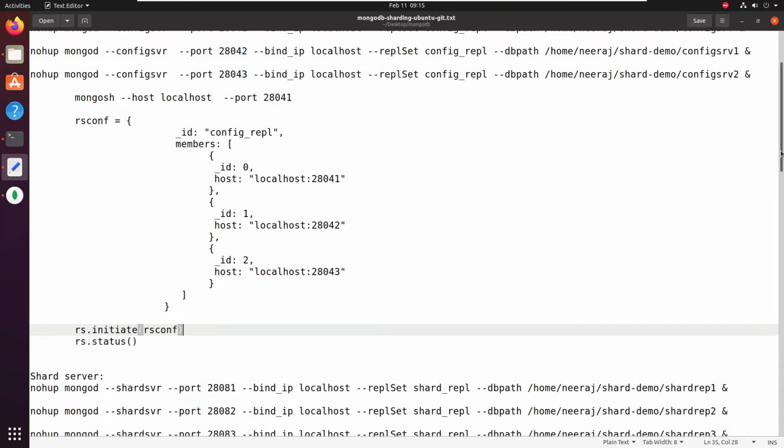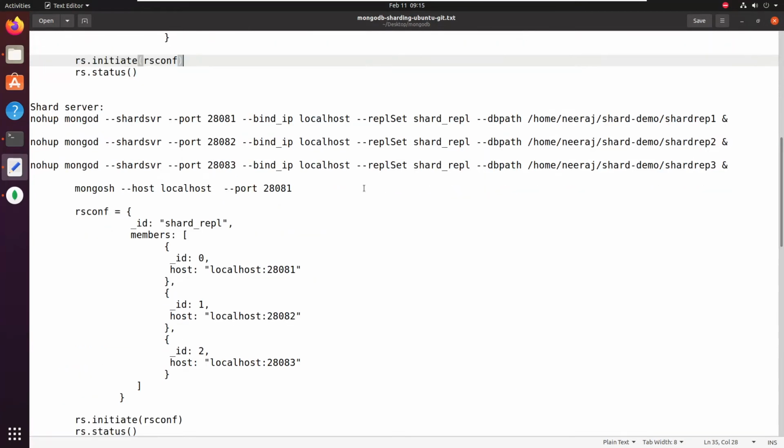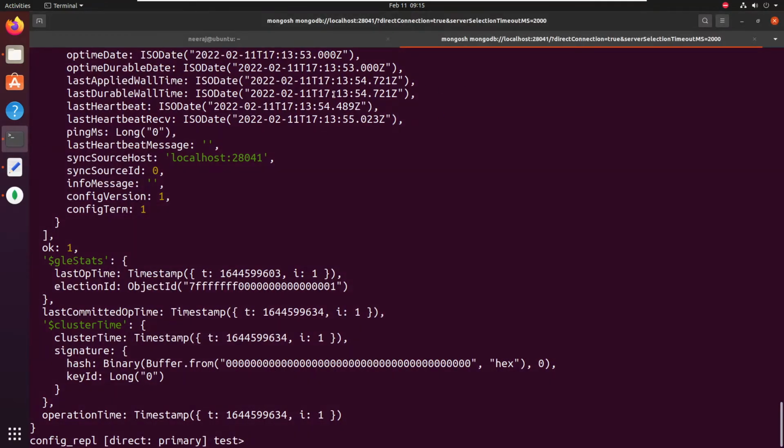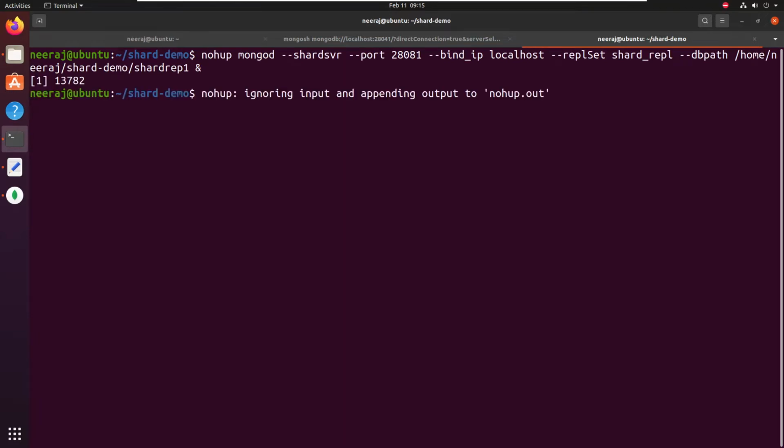Now coming to shard server 1, again running in the background on a different port. You can copy it from my GitHub page. I'm going to a new terminal, increasing the zoom size a little so that it is easy for you to view all these commands as well. Start it,